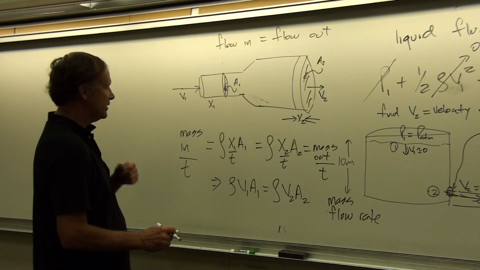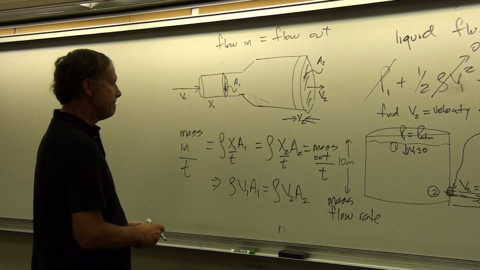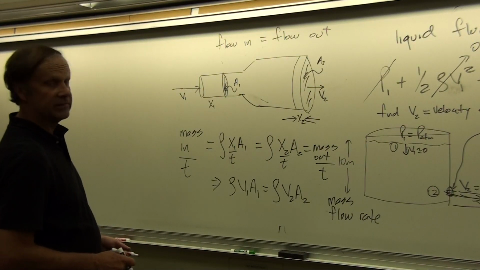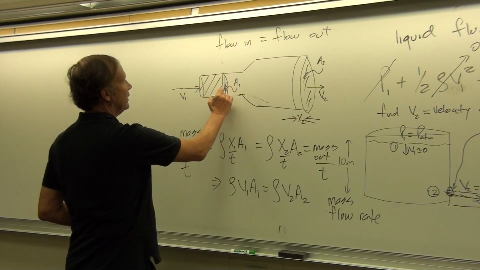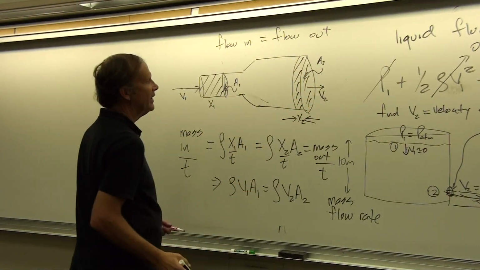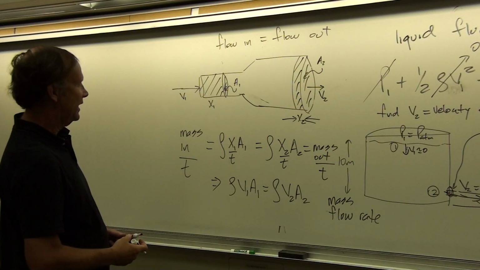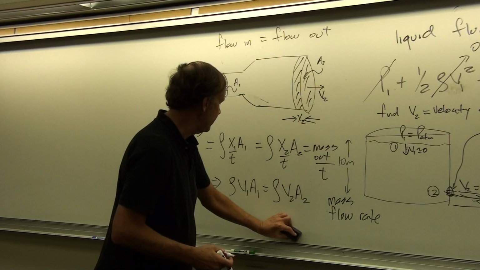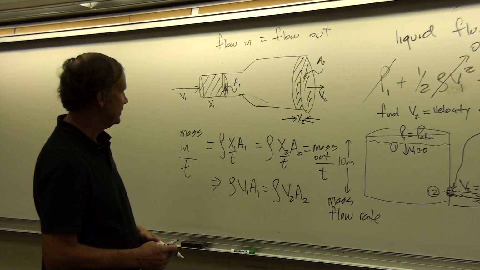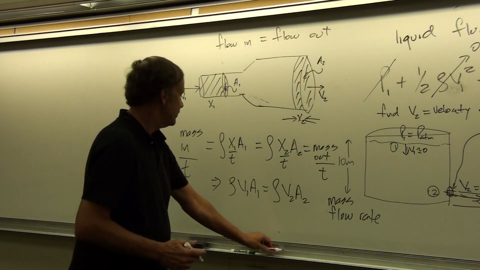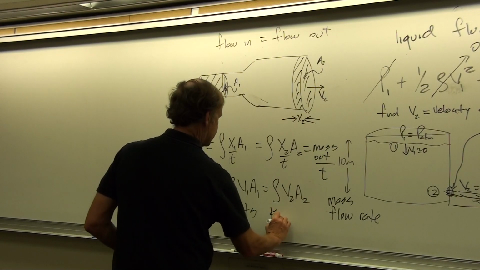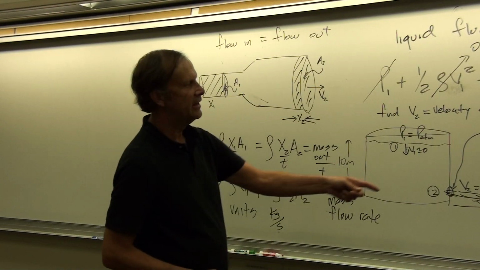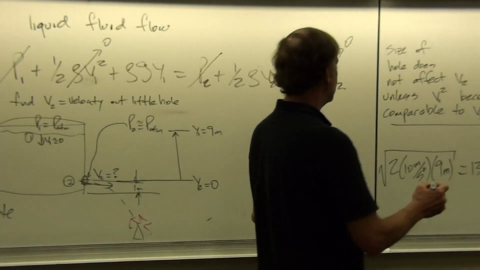Okay? But because the density terms are the same on both sides of the equation, they can be canceled out. And we're assuming here that something like water is an incompressible fluid. This volume here we're saying is the same as that volume there in any given length of time. And so the mass in per unit time equal to the mass out per unit time gives rise to a mass flow rate that's equal to density times velocity times area. And so this would be in units of kilograms per second.